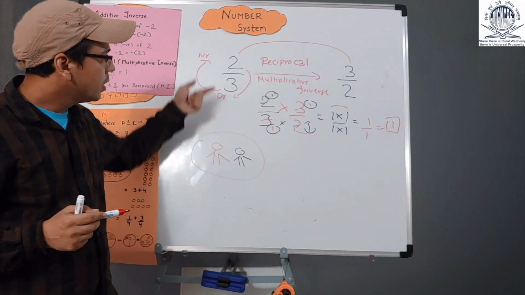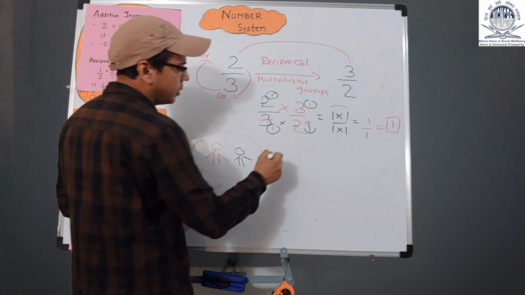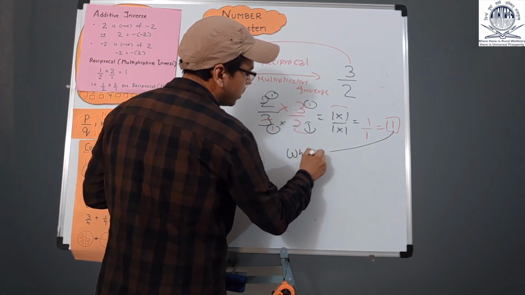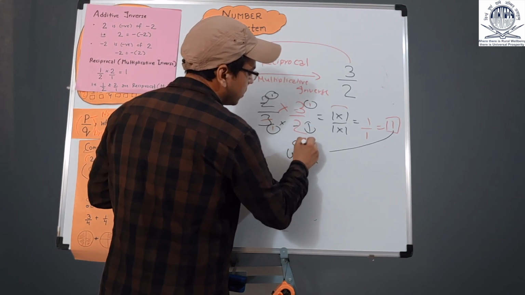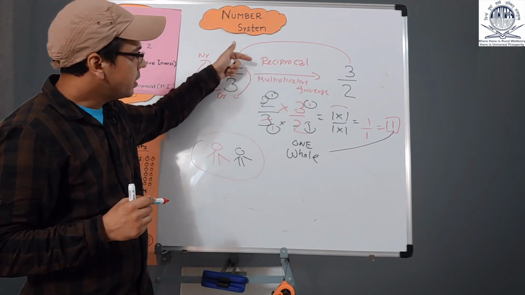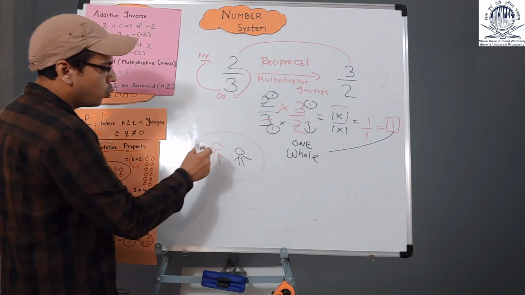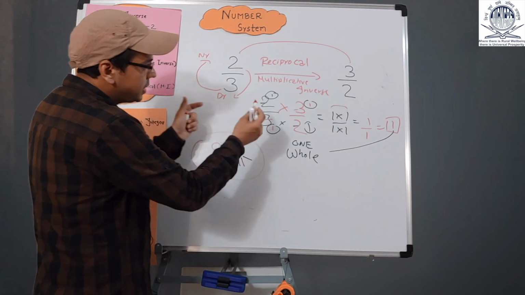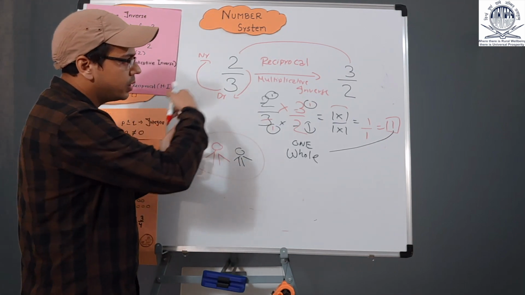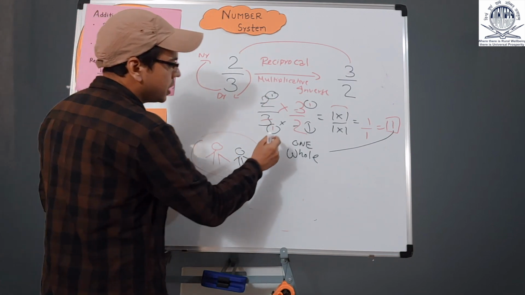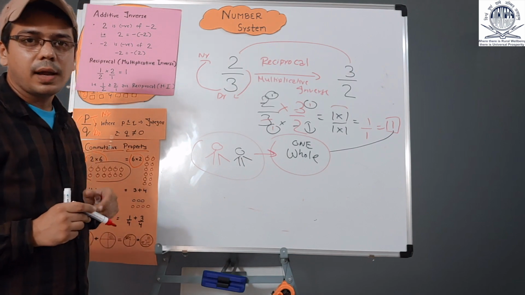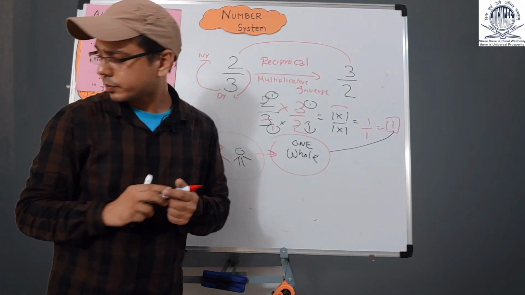But remember, when you multiply, what are you getting? You're getting a whole, because 1 is a whole. So probably we can learn from multiplicative inverse and reciprocal that when one person makes a team, multiplies with a person who is totally reciprocal, totally opposite, still you can make a good team, as you're making one whole. And let's go back to our next topic,